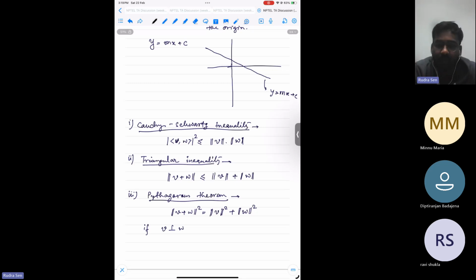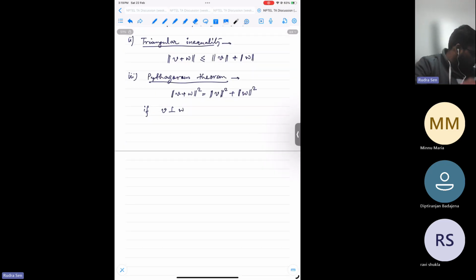I will discuss what orthogonality is later. For now, this term basically defines that V is perpendicular to W or W is perpendicular to V, which means V and W are both orthogonal to each other. So for the time being, you just accept that this is the term. Okay, so now the question is,